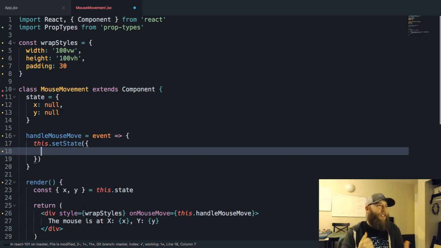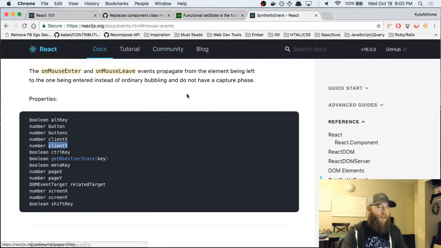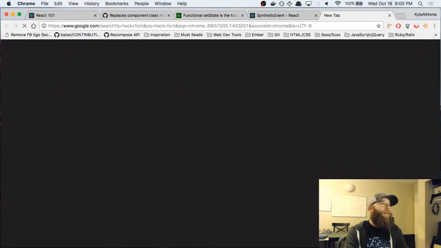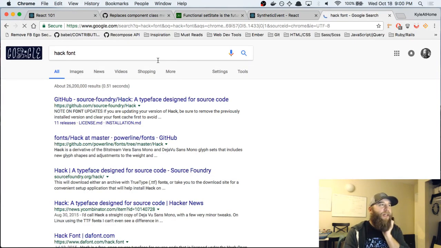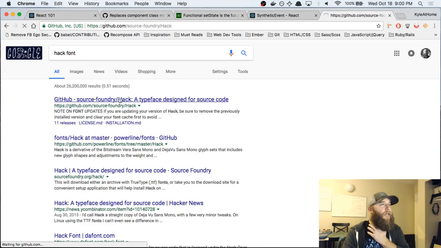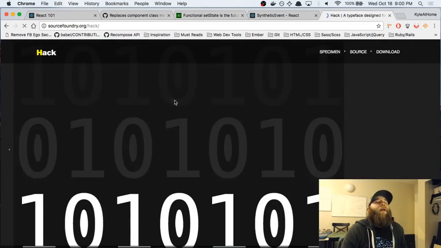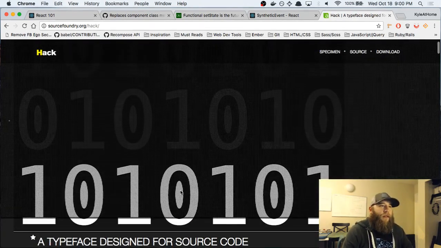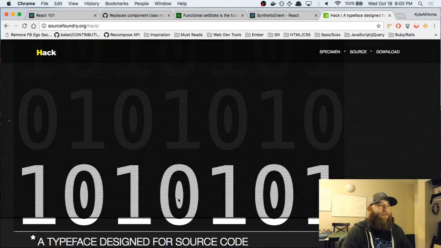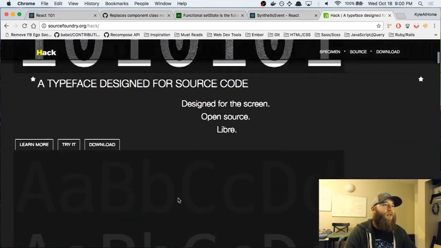Fonts are easy to read? Good. I love this font. The one I'm using is Hack. Let me find that. Hack font. I've been using this one, I think, for like 2 years, maybe a little longer. I love the zeros, especially with the little, I can't think of words, with the little dot in the center to help you know it's a zero.